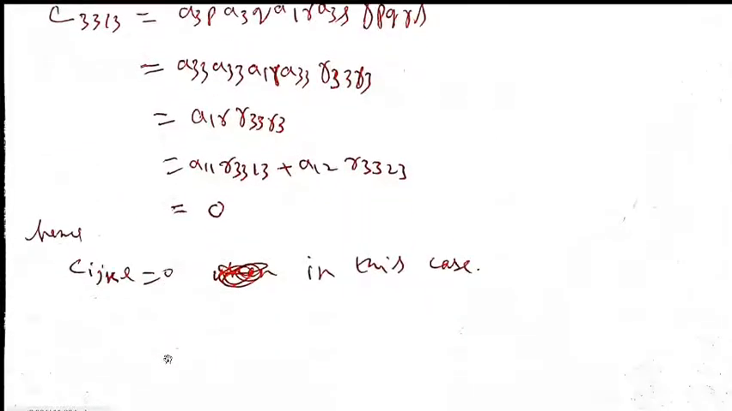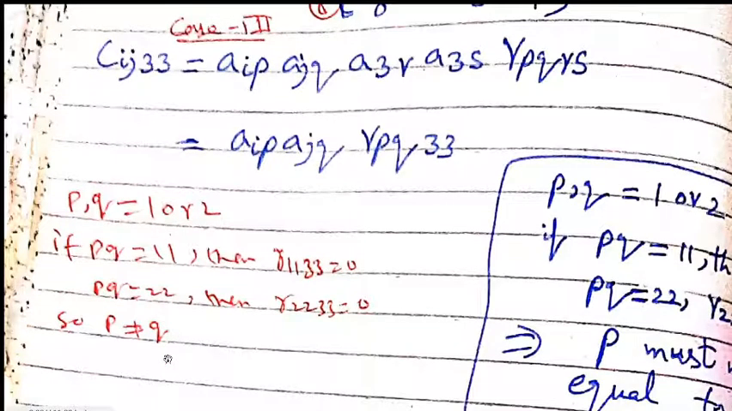Now, case 3. When any two are 3, we have written 3 3. Again on right side 3 3, and you would be A33 and A3, they are 1 1. So we have AIP, AJQ, gamma PQ 3 3. So P and Q are 1 or 2. Because otherwise they would be 0. Why they are 0? Because